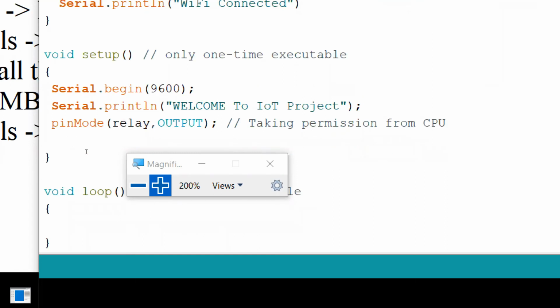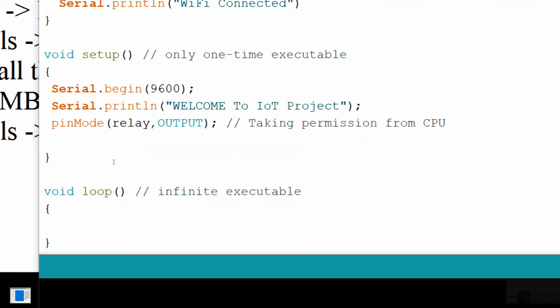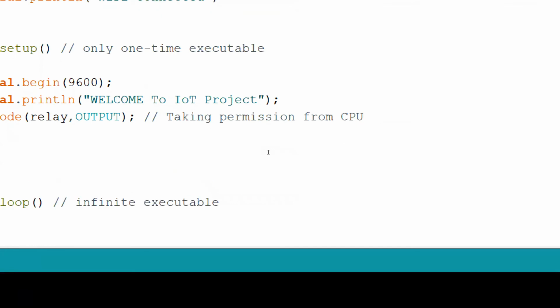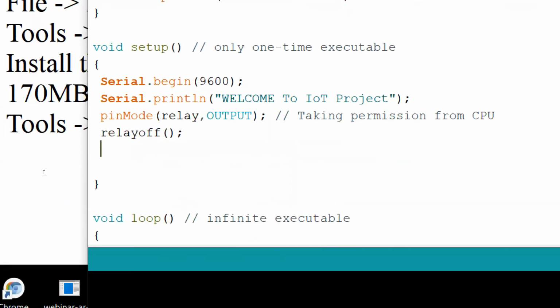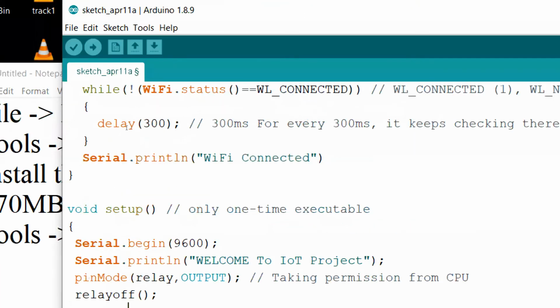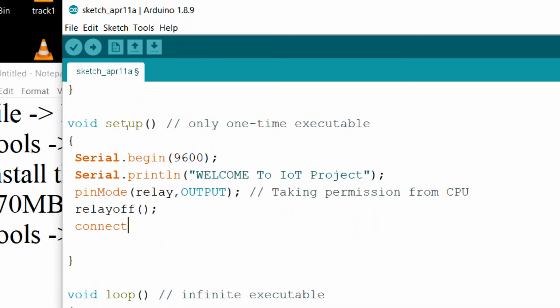Okay, after this, initially the relay should be off, so I will call the relay off function here, and also I'll connect with Wi-Fi. What is the function name? I wrote connectWiFi. Okay, connectWiFi.